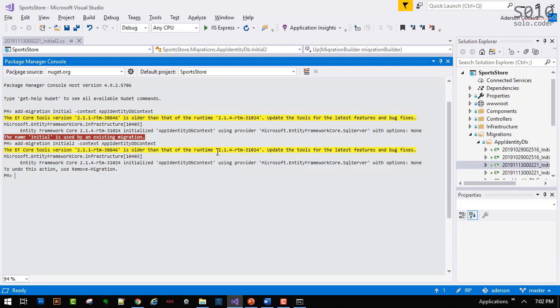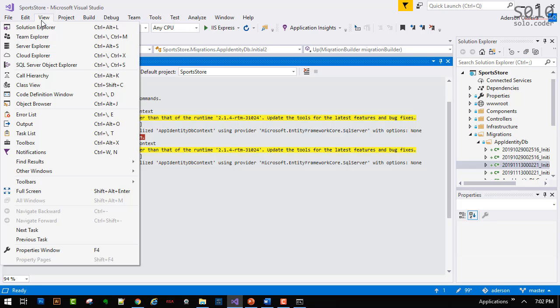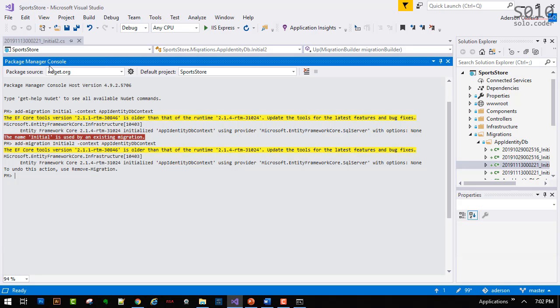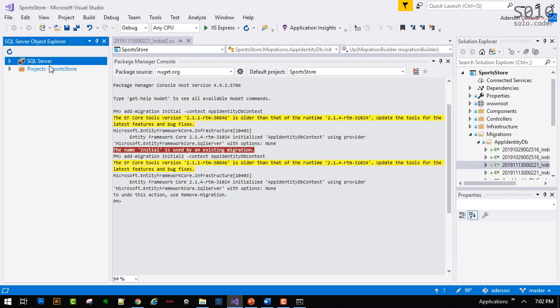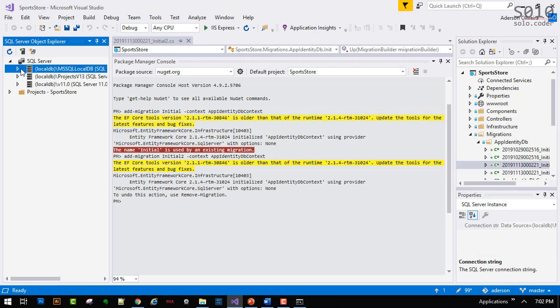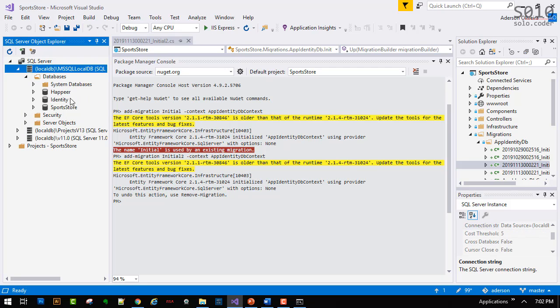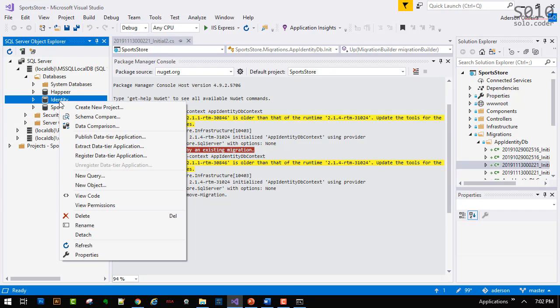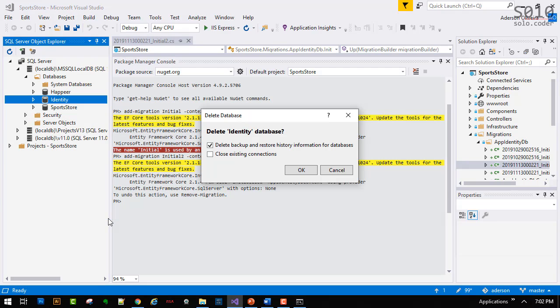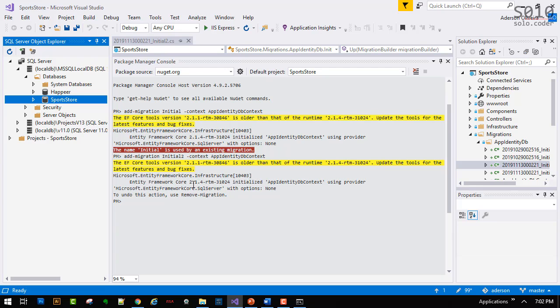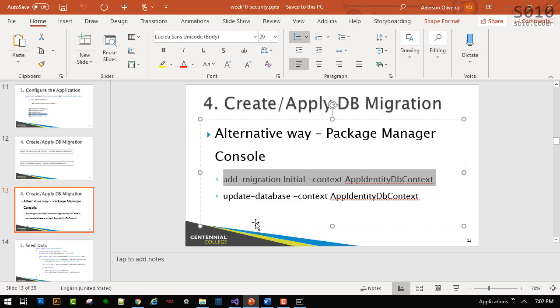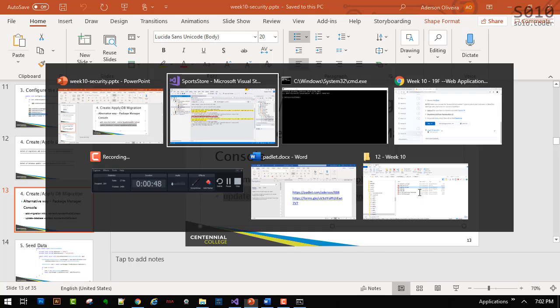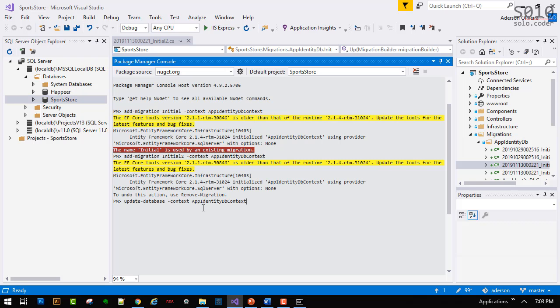Now, if the database was not created, and I'm going to make sure that I delete it so you can see it being created. See here, I have the two databases. I have Sports Store and I have Identity. I'm going to get rid of Identity. I'm going to keep Sports Store. So I'm going to use the second one to run the migration scripts. So update, and then